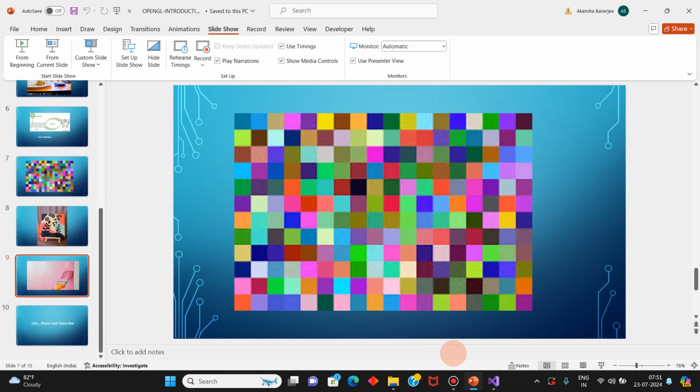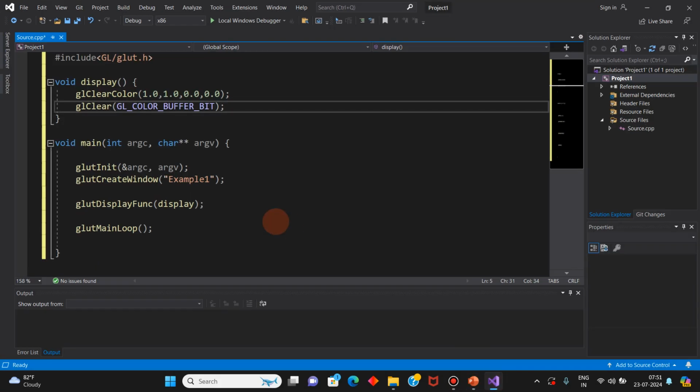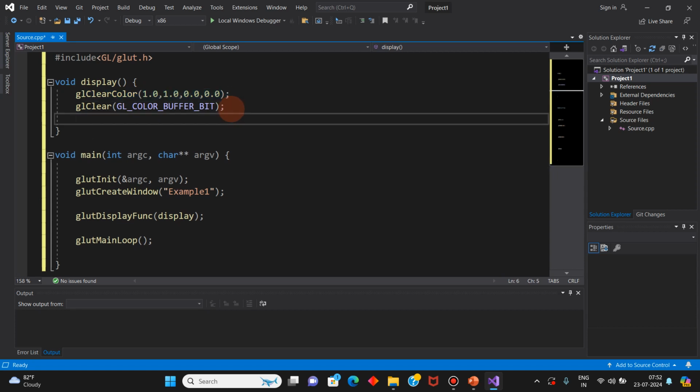Similarly, in glClear we are telling OpenGL to clear all the bits of the color buffer with the color mentioned in glClearColor, that is yellow. So it will make all the pixel values equal to the yellow color intensity, and it will make the background of the graphics window plain, single, solid colored.